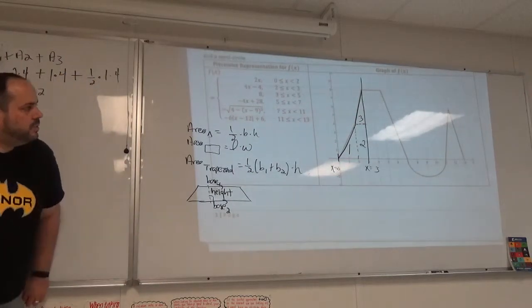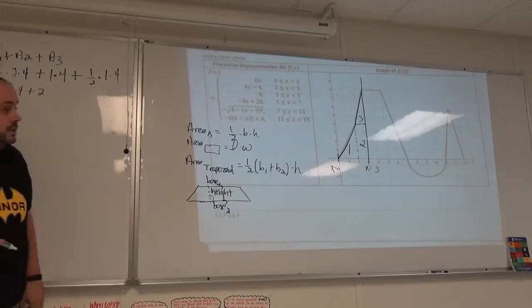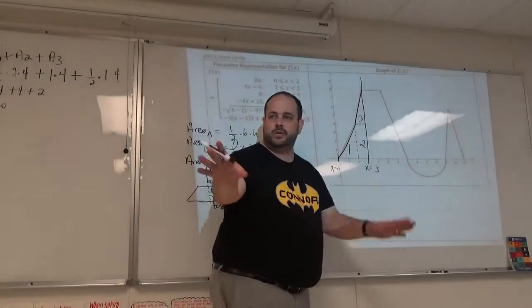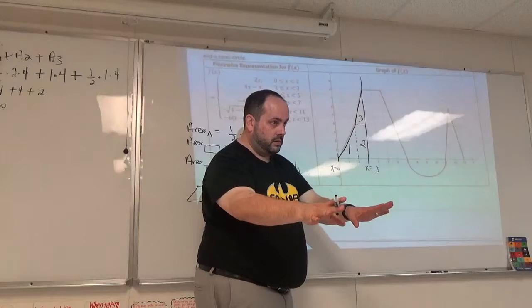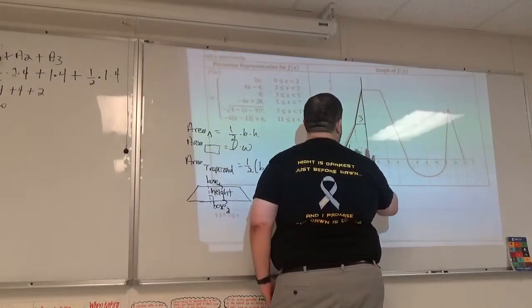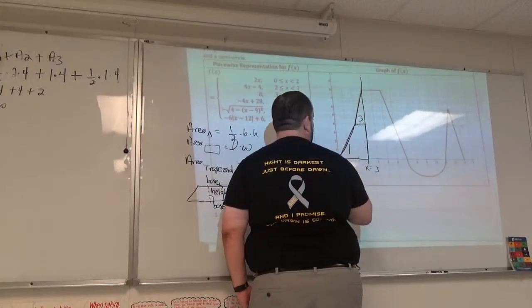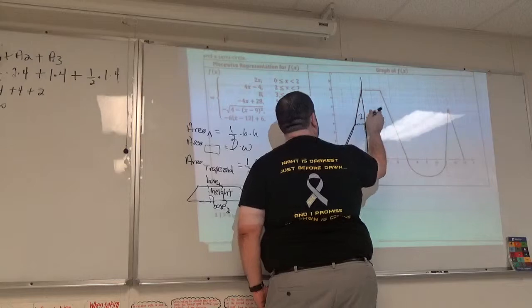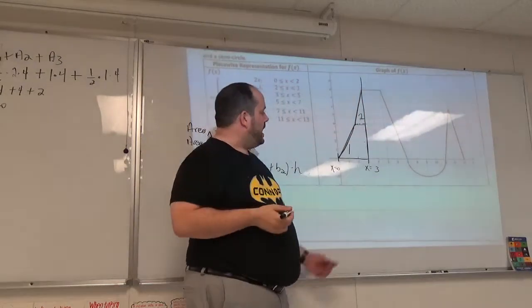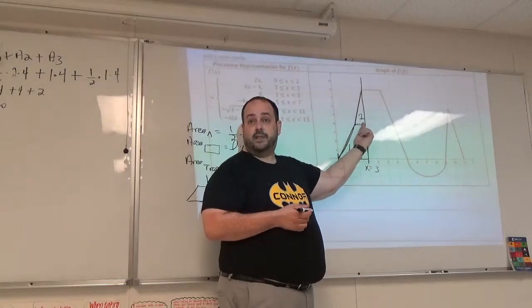So could we work with that shape using trapezoid instead? Yes, but we have to divide by 2. The trapezoid is probably not natural for us right now. Rectangles and triangles are the way to go. But you could say, let me break my shape here, get a trapezoid and a triangle. And you'd say the base here is 3, the base here is 1, add them together, 3 plus 1 is 4,